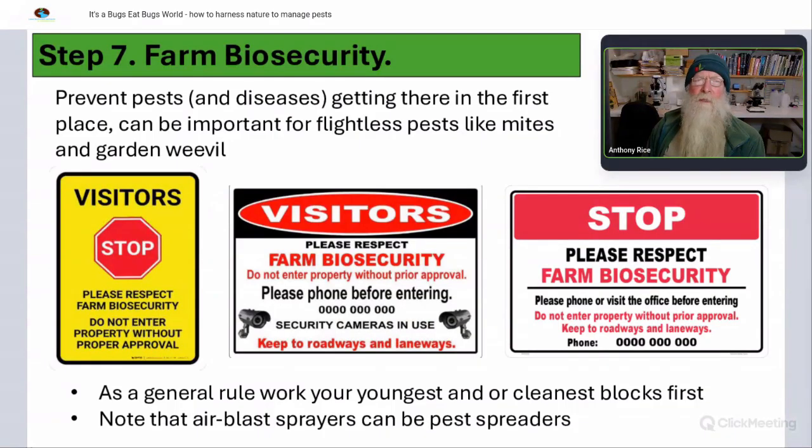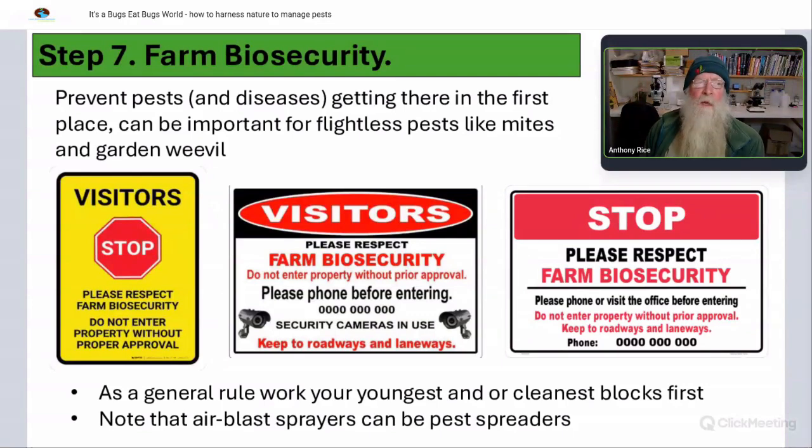But more importantly, an aspect that not a lot of people really think about is within farm. So as a general rule, if you're working in tomatoes, say, work on your youngest or cleanest blocks first. If you have a block that's a little bit older than the others, that has got russet mite in it, make sure your pickers aren't going through that one first and then the others after it, because that way they'll spread it. So if you go through your cleanest first, pick your clean ones, and then move into the other ones, you'll be less likely to spread